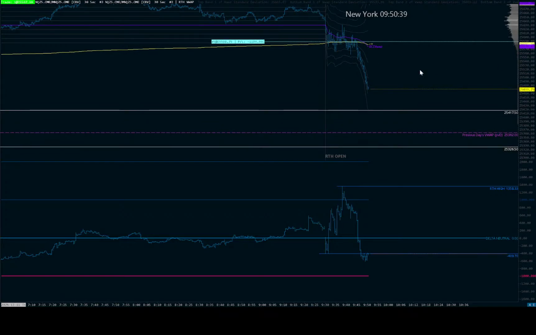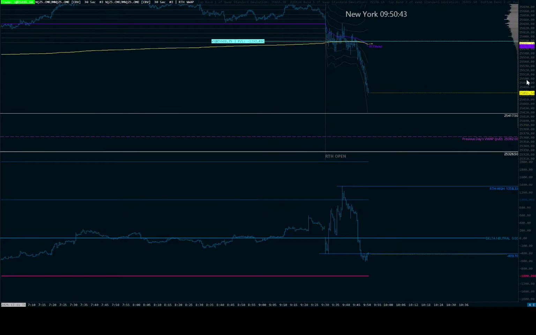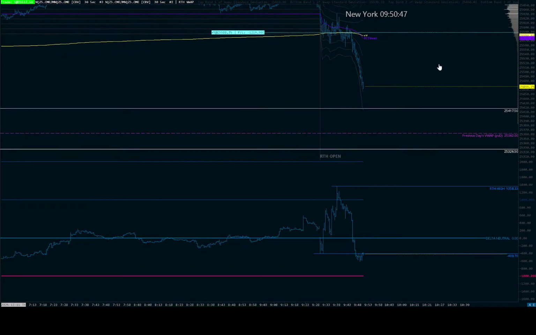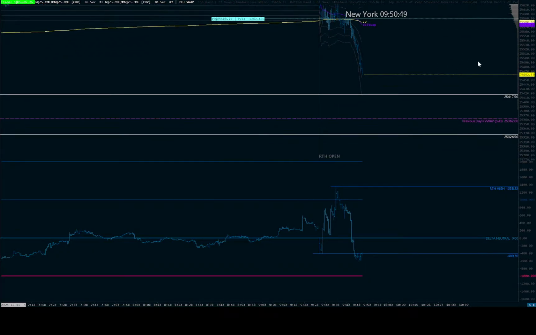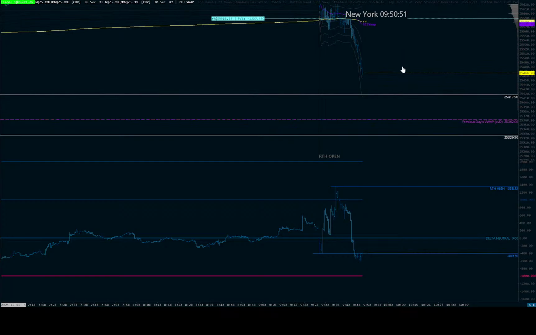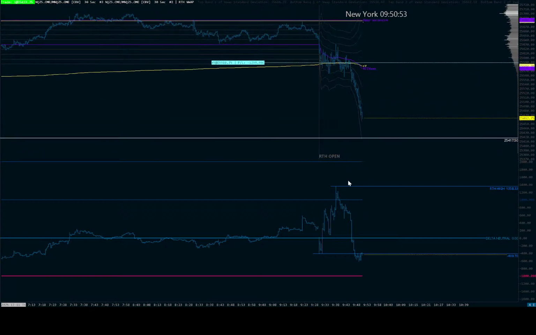I didn't realize that I was still set here at 5 micros. I'm in too big on this and I don't like that, so we might have to take a little bit of heat on this. I'd much rather only have been in 1 micro. So,